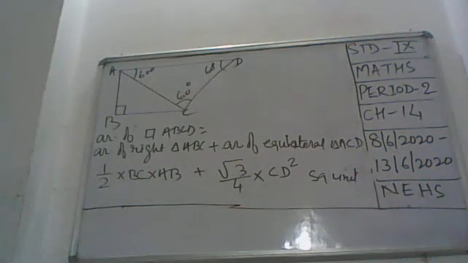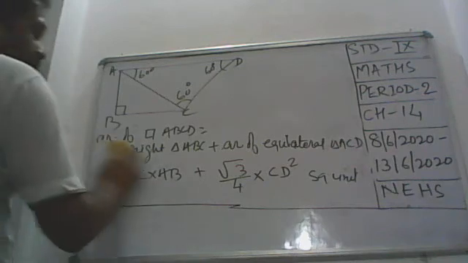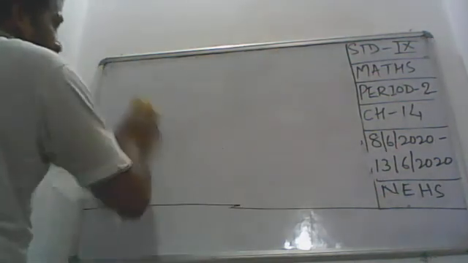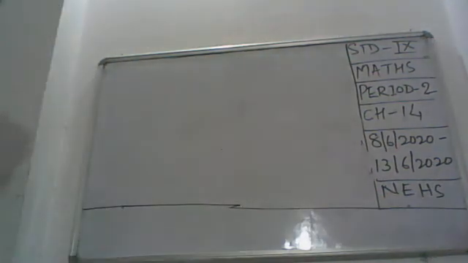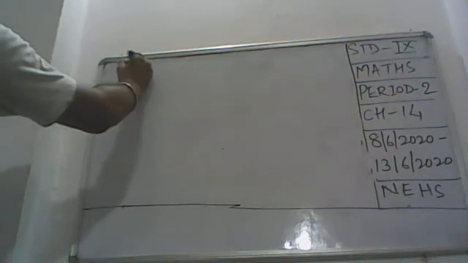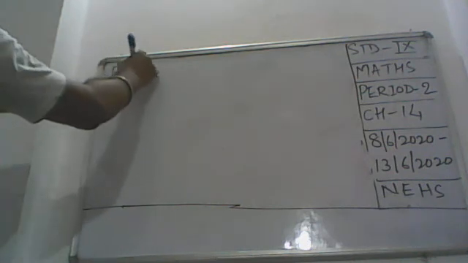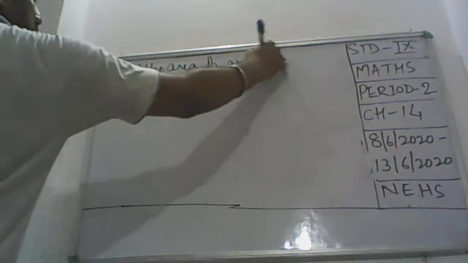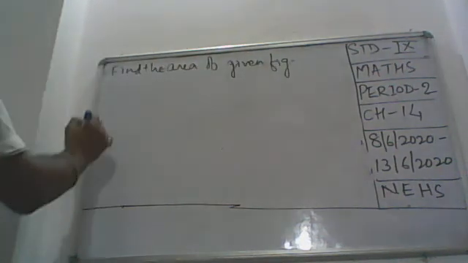You have to only apply your mind and you have to remember the formula of these triangles and you can easily find. One example we are going to solve. Okay, randomly we have selected one example and we will solve this, and I hope you will understand from that. Okay, let me solve one question based on this. Okay, questions can be like this. See here. Find the area of given figure.